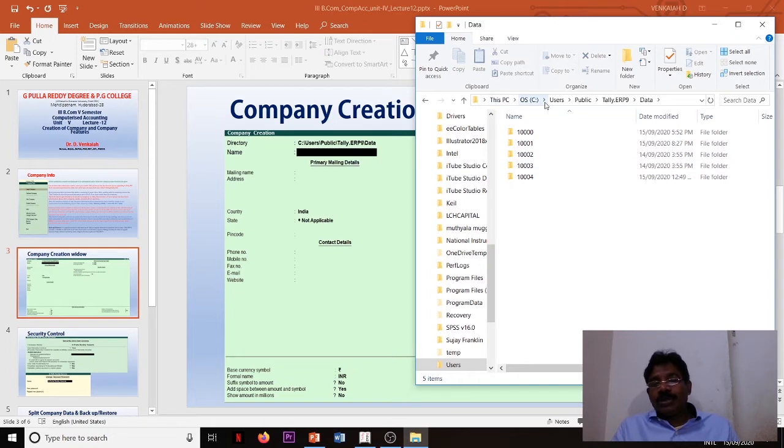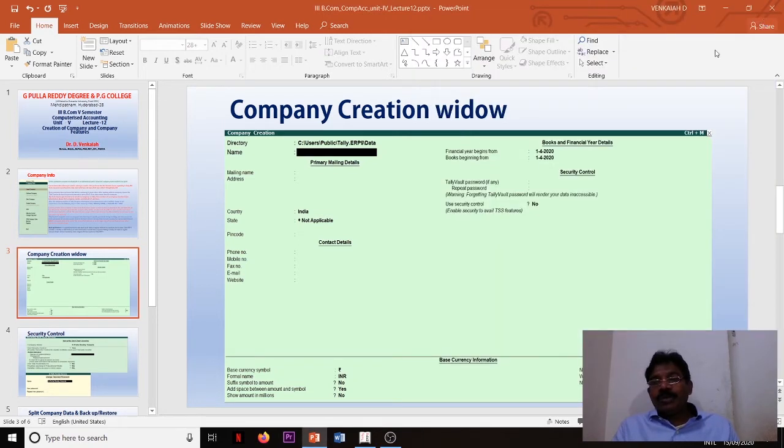Look at here, C drive, users, public, Tally ERP9, data. So the first directory information indicates where whatever company we created is going to be saved. Next, name of the company, as usual, whatever the company name you are going to create, you have to give that name. Mailing name, if some companies have different names,